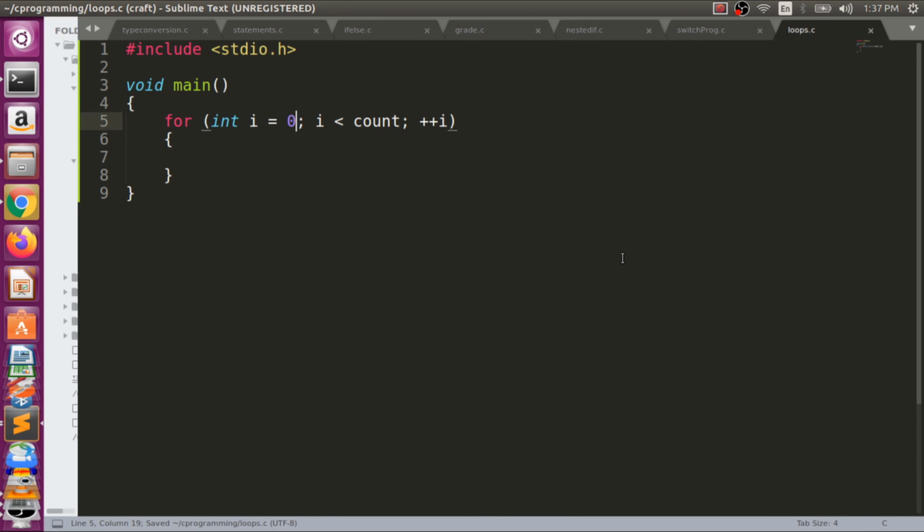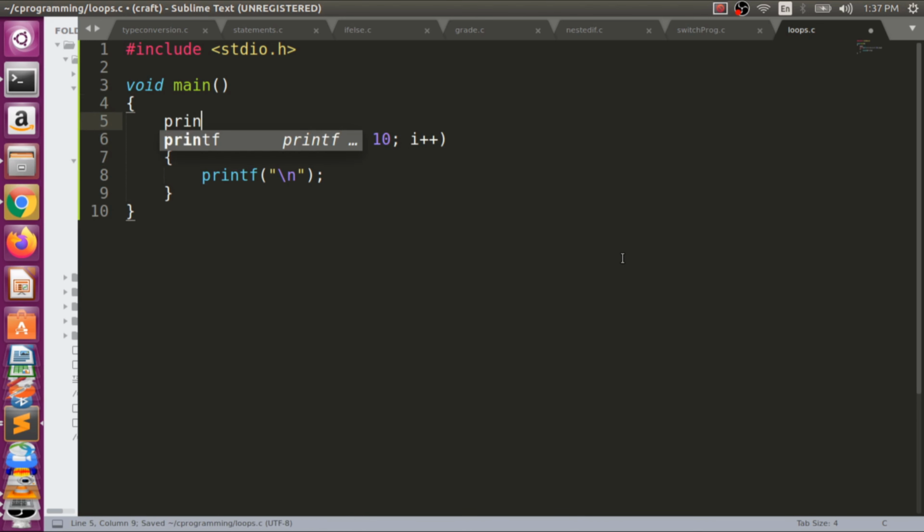Instead of count I can write 10 here, and here I mention 1, and i++, or you can write it any way. Then we have a value, and we can see the logic. printf with backslash n, we will print a new line here so that we get the output on a new line, right?